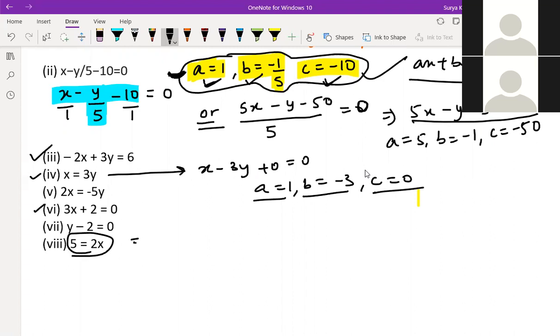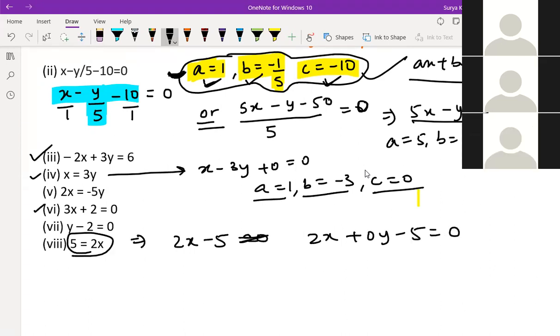Suppose you want this equation, what can you write for this? 2x minus 5 equals 0. So you can write it like this: 2x plus 0y minus 5 equals 0. Can we write like this or not? Yes, sir. But how to 0y, sir? I didn't understand, because y is not there in the equation. Simply we want the coefficient of y, so we can write 0 over there. Okay, sir. So we add an imaginary y and then we move the minus 5 to c. Yeah, that's it, because this is the constant now.